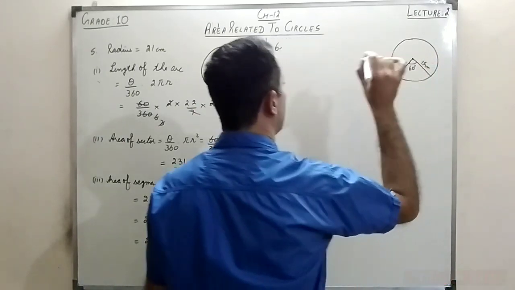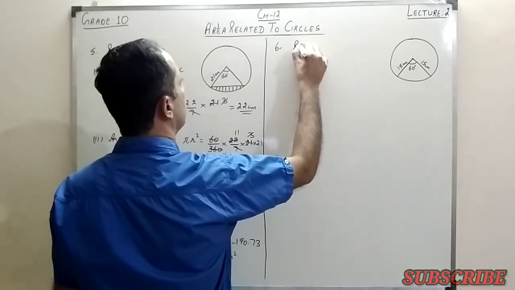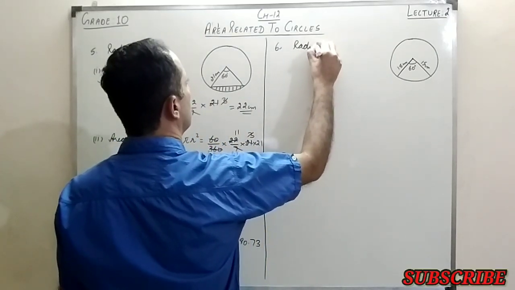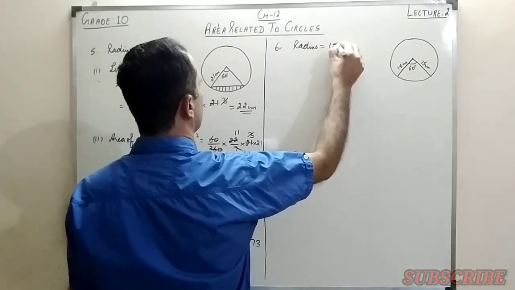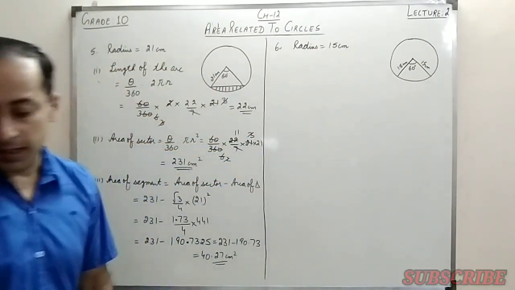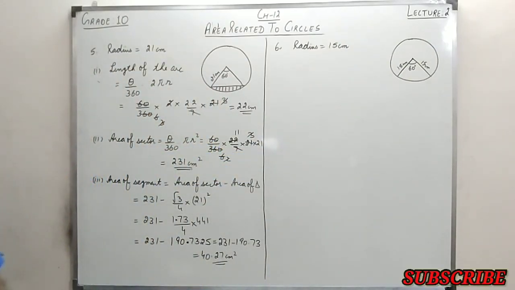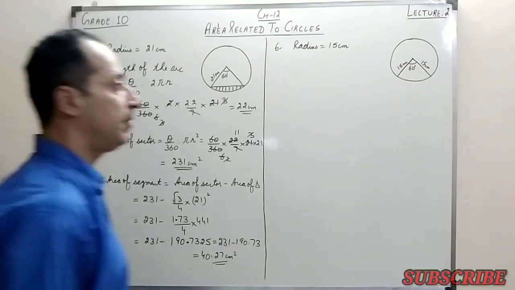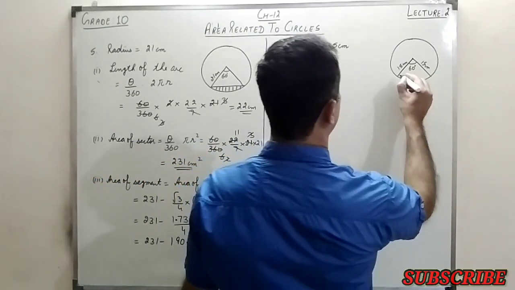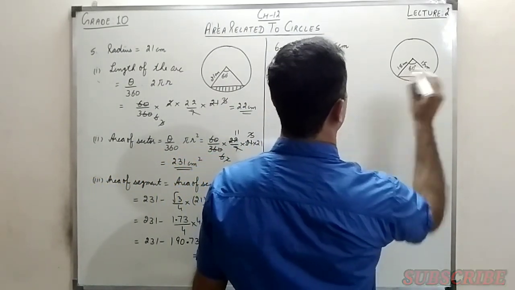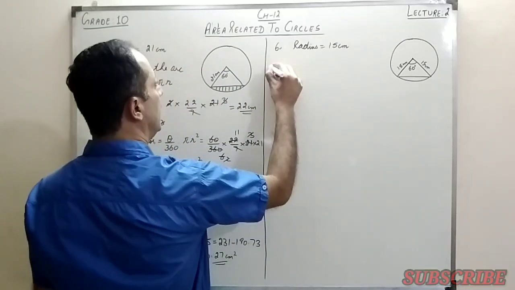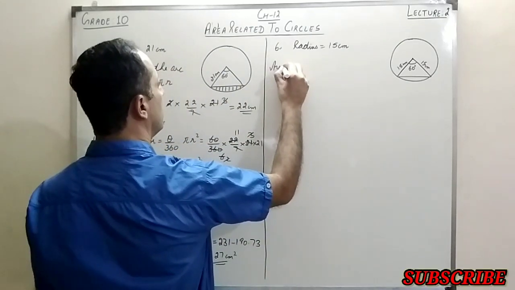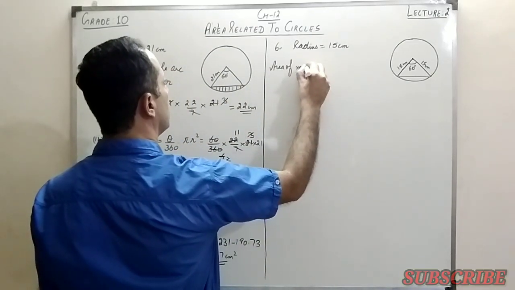And the radius is given. So I just write radius equals 15 centimeter. Now let's see what we have to find in this question. They say find the area of the corresponding minor and the major segments of the circle. So we have to find the area of the minor segment also and the major segment also. So right now, the area of the minor segment,